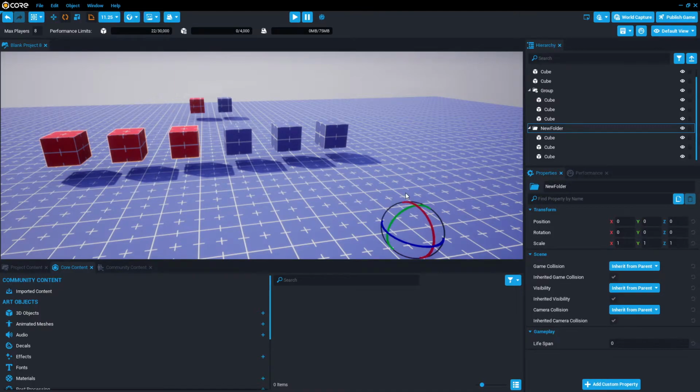So since you can move, rotate, and scale them, it also comes with those properties inside the Properties tab, but it also comes with collision, visibility, and camera collision, and you can also add your own custom properties to groups and folders. So you might be wondering, groups and folders, they seem like they're practically the same thing, and you're fairly correct, except there is one key difference as to why you'll mostly be using groups and not so much